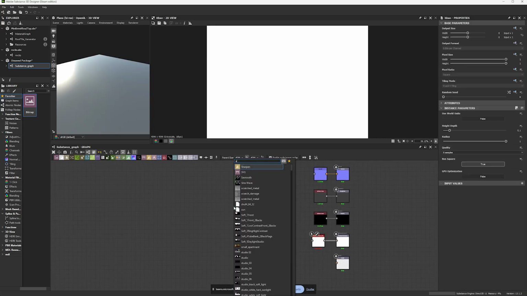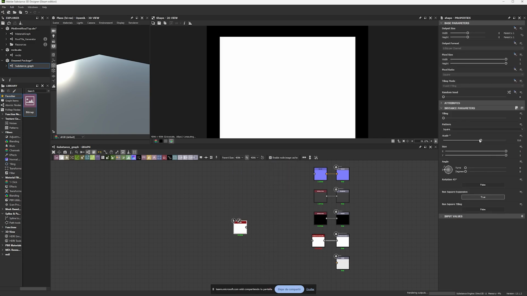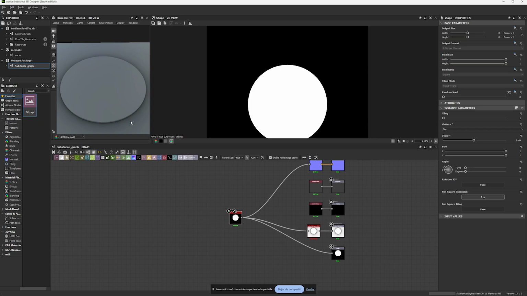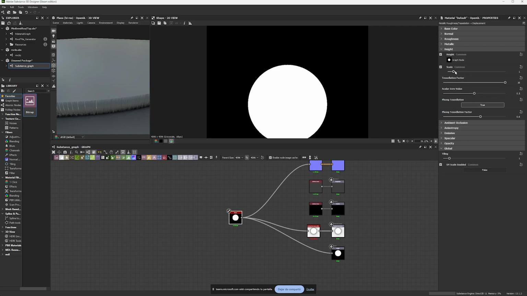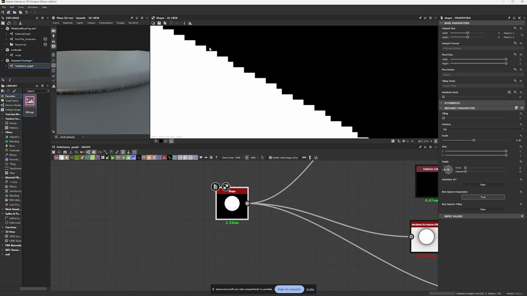If I have here, for example, a shape node, and to this shape node I'm gonna make a disk, and I plug this into my inputs, you're gonna see here that we have a disk that has a really hard cut, and it has a lot of pinching here. Yes, this pinching is because of the scale and the selection factor. If you change the selection factor, it's gonna get better, but in this case, it's not. Why? If I zoom in into my shape, you're gonna see that every single pixel of the edge is really sharp.